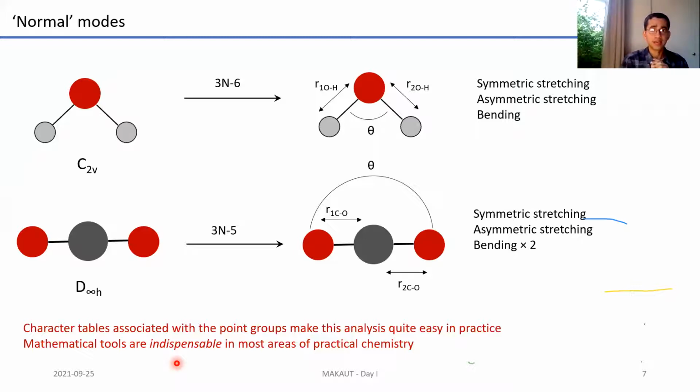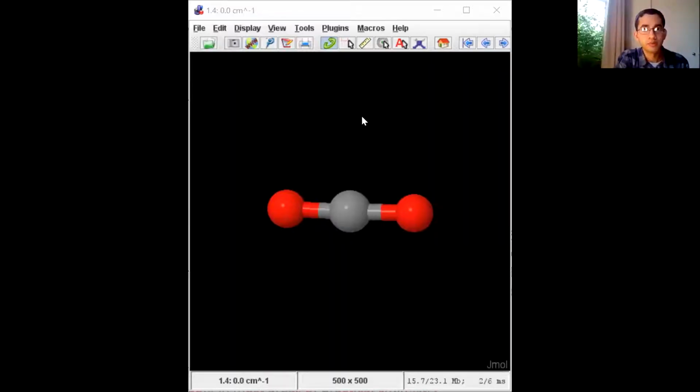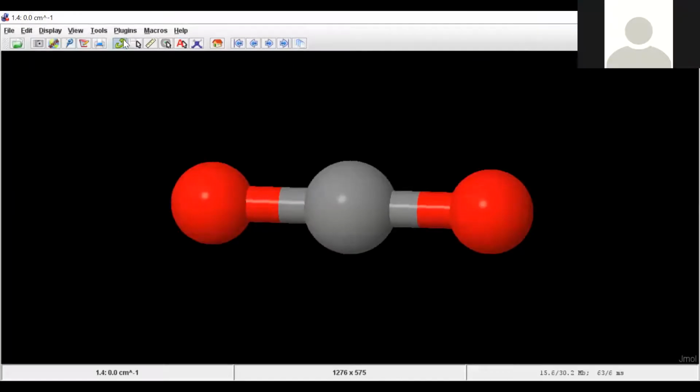So having said this, I'll quickly try to show you something. I'll stop share, and I'll show vibrational spectra of carbon dioxide, how you can generate this on your computer. Just a second, I have to share another screen now. Right. Are you able to see my screen? I hope you're able to. And do you see the carbon dioxide molecule here? Yes, it's visible.